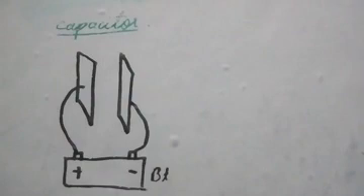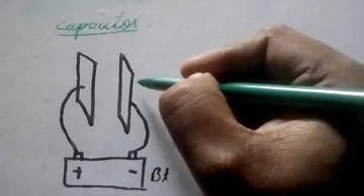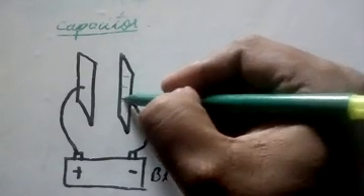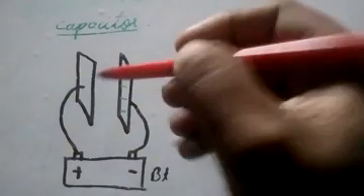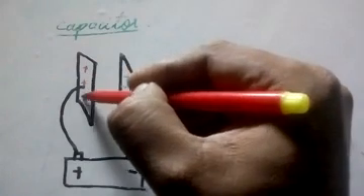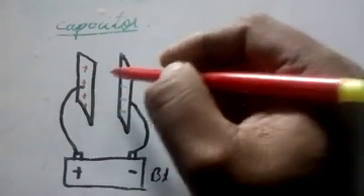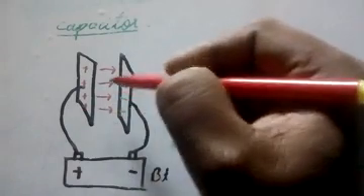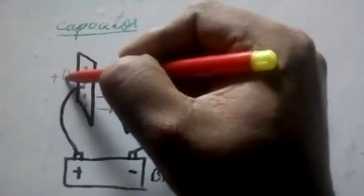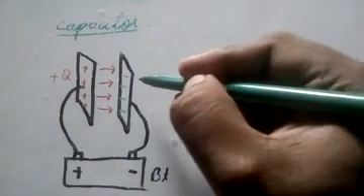Now what happens is electrons will start flowing from the negative terminal. They will flow from negative and go to this plate. So this side will become negatively charged, and this plate will become positively charged. Why? Because the battery will pull the electrons from this plate. So an electric field will go from left to right this way. This is the direction of the electric field. This side will have positive charge, plus Q, and on the left side we have the negative charge, minus Q.